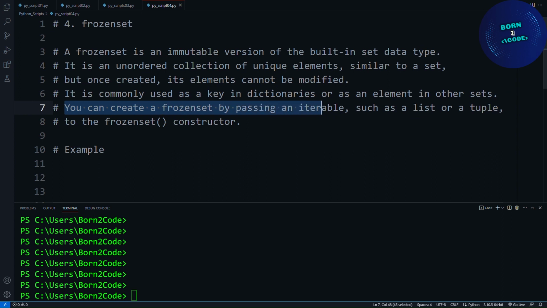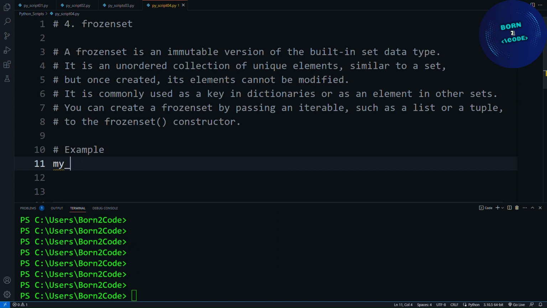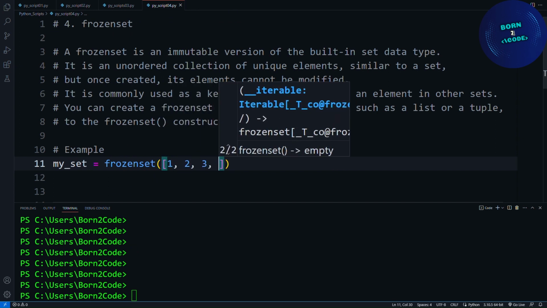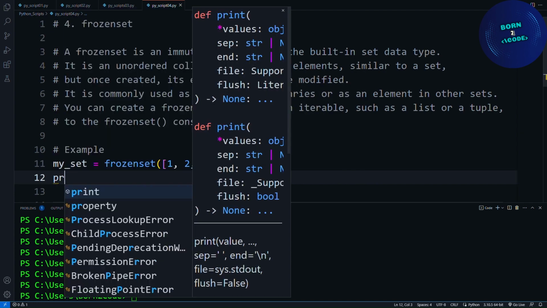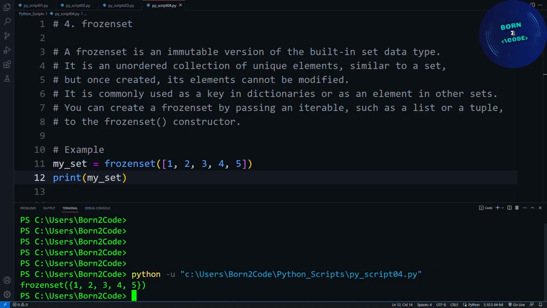You can create a frozen set by passing an iterable, such as a list or a tuple, to the frozenset constructor. Here's an example. my_set equals frozenset. Inside the square brackets, let's say 1, 2, 3, 4, and 5. Print my_set. Since frozen set objects are immutable, you cannot perform operations that modify the set, such as adding